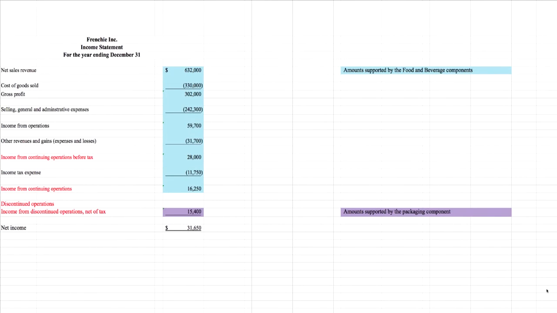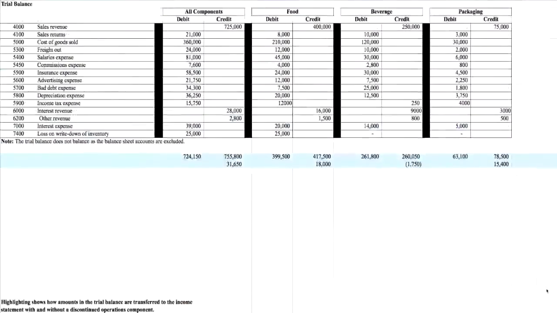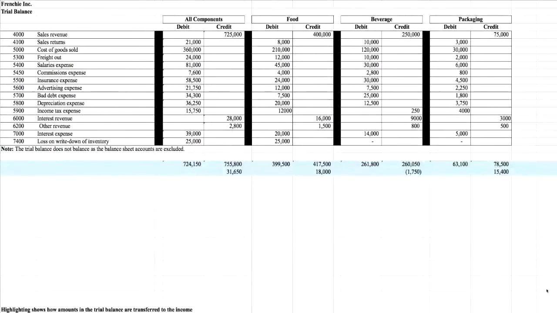Now, do you all see the discontinued operation? That's $15,400. And by the way, that's already net of tax. Just as an FYI, that $15,400, if you go back up here, our check figures, if you take all the debits, expenses, and losses, all your revenues and gains, the difference is $15,400. And one of those line items was already income tax expense. So that $15,400 is already net of tax.